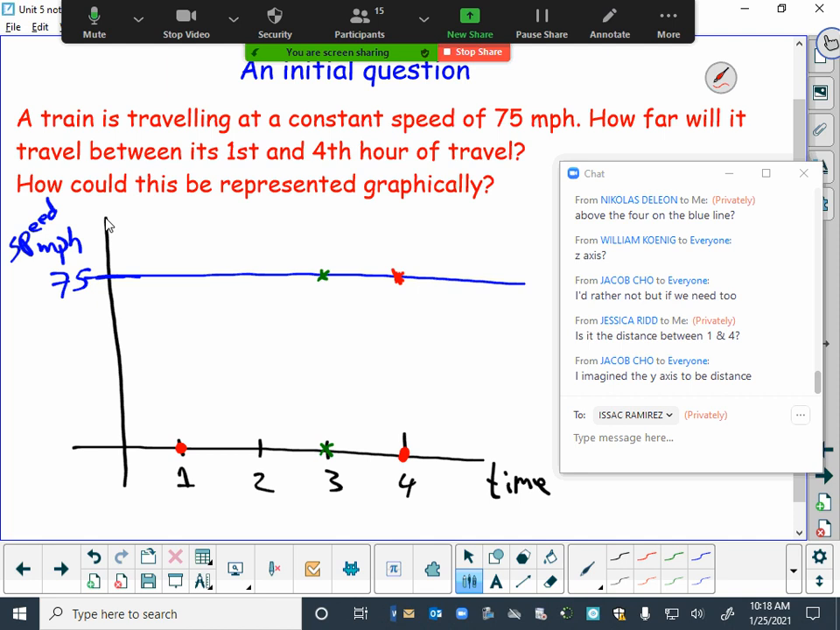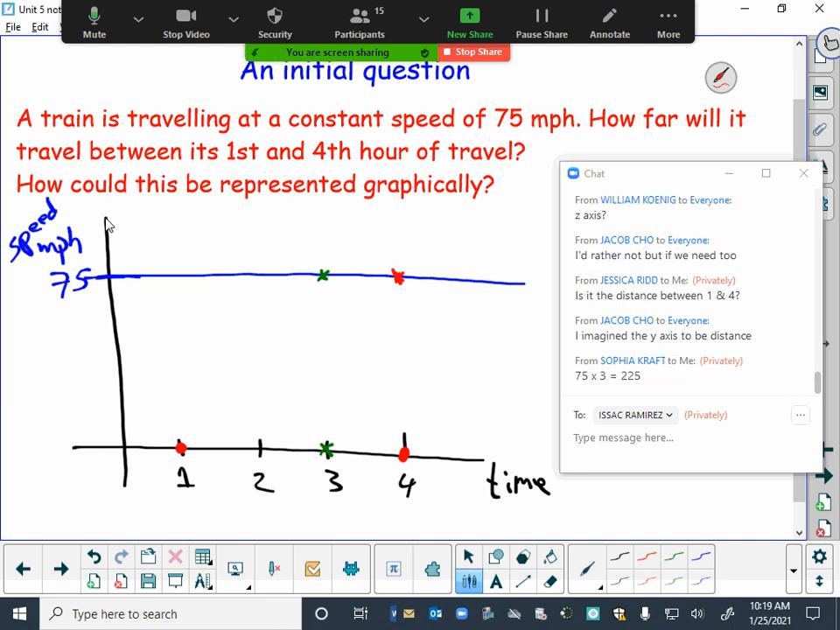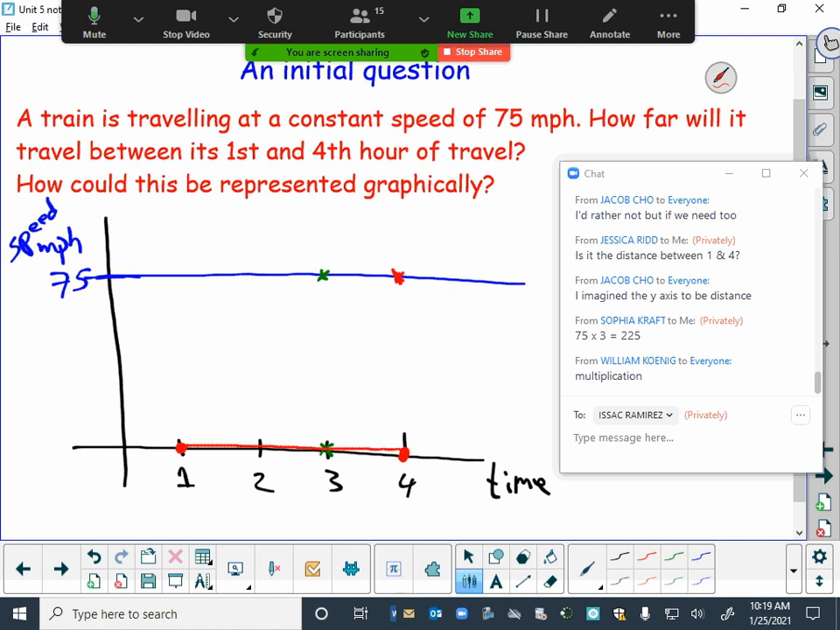Imagine the y-axis to be distance, so you added more a linear equation than this. Okay. Except that I know that people did a calculation to come up with those numbers. So what kind of calculations were you doing? 75 times 3 is 225. Okay, I had someone talk about distance between 1 and 4. So the distance between 1 and 4, here, this distance is certainly 3 hours there, and the 75 up here, okay, and here multiplication,